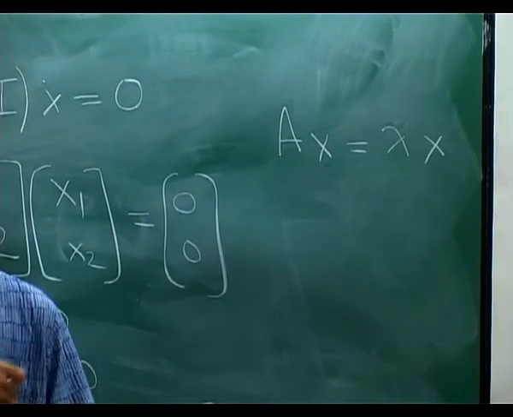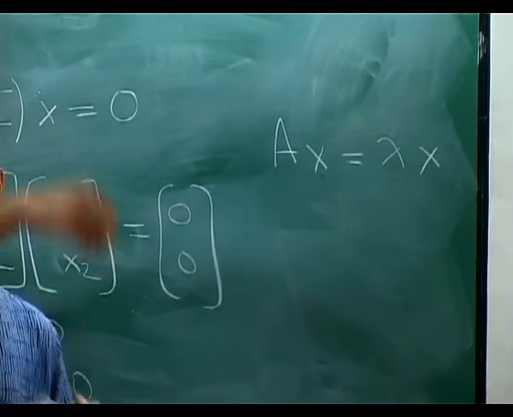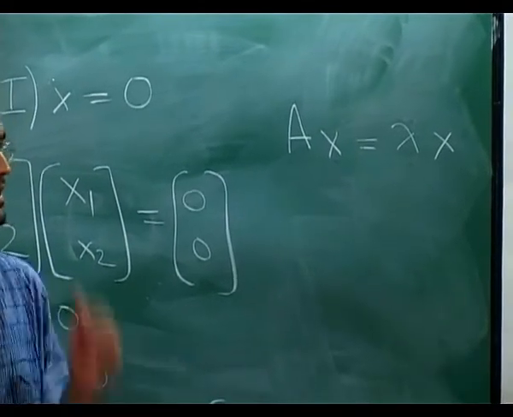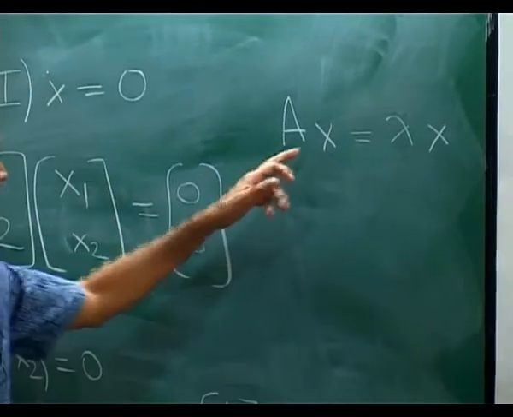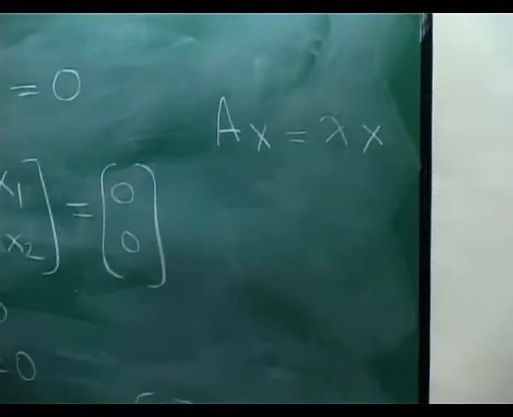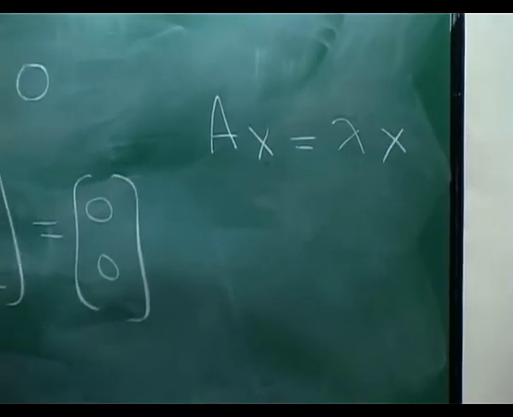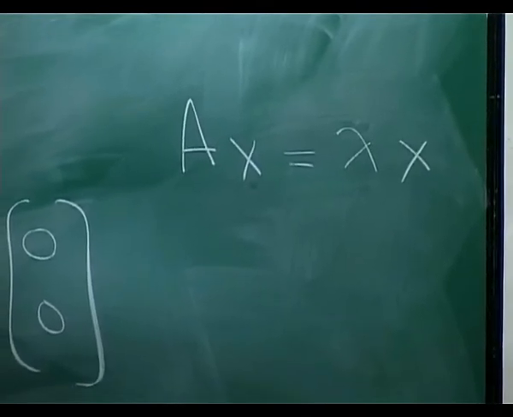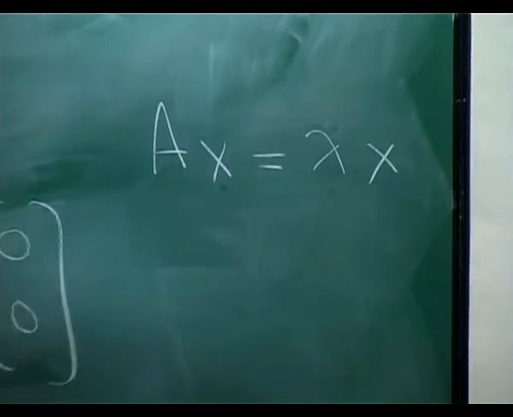I have a vector and it is just stretched by some amount or contracted by some amount. It can also be multiplied by a negative number. The same thing applies to the other one. There are two such vectors in this example. Each of them has the property that the transformation either stretches or contracts that vector, but does not change its direction. It does not rotate it or do anything to it.